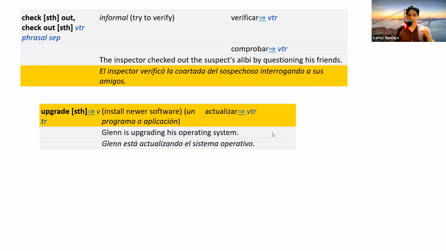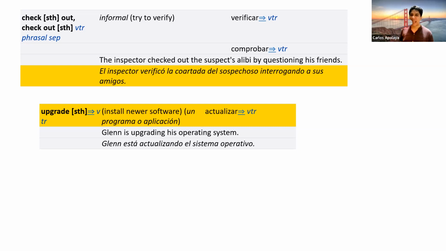Sara, how do you say "necesito revisar, comprobar la computadora" in English? I need to check. I need to check what? I need to check the computer. Out. I need to check the computer out. Yes, or I need to check out the computer. It's the same, Sarah. Hi, Mary. I hope that you're doing great. Welcome back. It's the same. Okay, Sarah. I need to check out the computer.